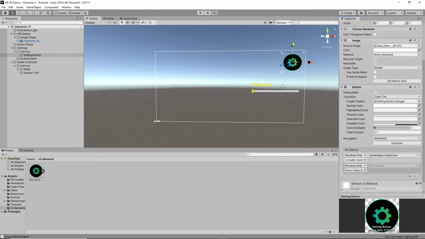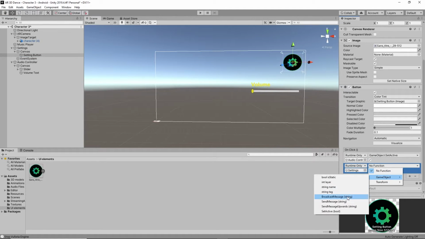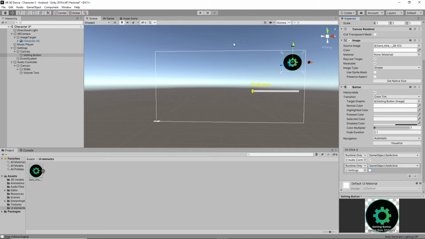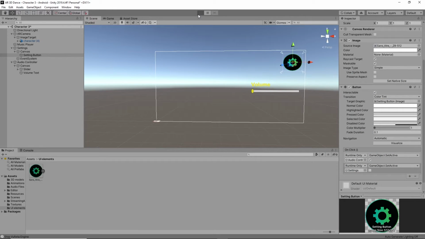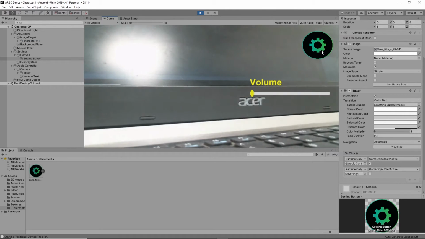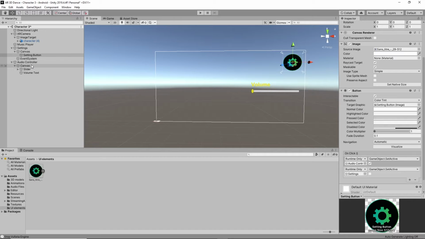After enabling, if you want to keep the settings button, you can leave it like this. Or if you want to remove the settings button when it has appeared, you can drag this settings panel, the settings game object, to here, and disable it by SetActive bool, and check it. The functionality given was, if I click on the settings button, it will be enabled. Otherwise, it won't enable. Before, it was enabled, right? Still, it was enabling, right?